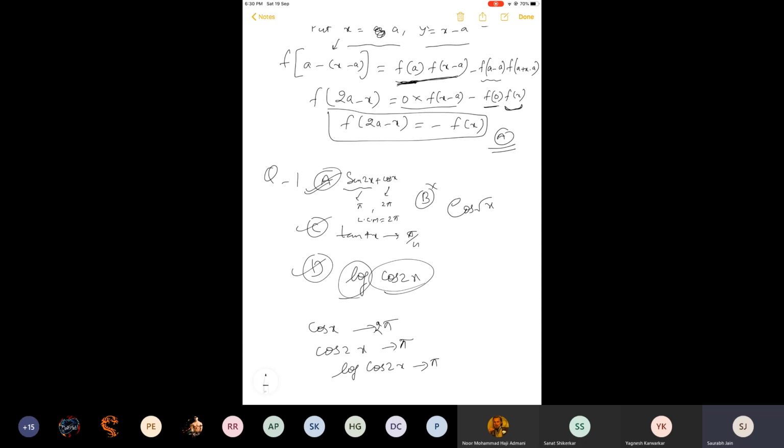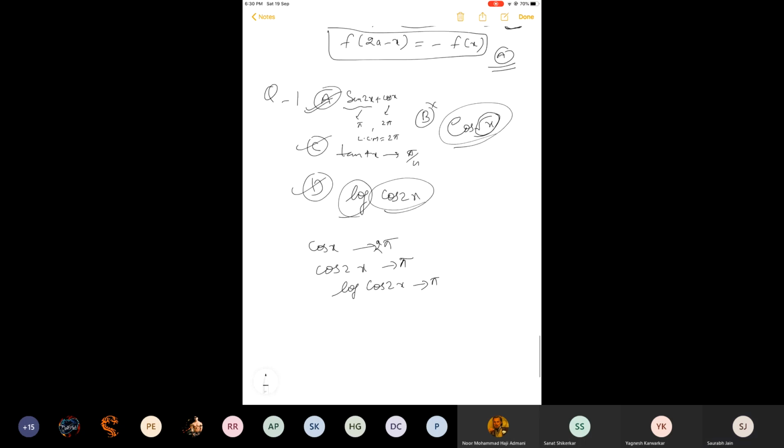Since three of them are periodic, obviously B is remaining, so that will be non-periodic. And it is because of this thing: this under root of x. Under root cos x is periodic. Cos root x is not periodic. Why? Because if this is f(x), you replace x by x plus 2 pi. You put x plus 2 pi in place of x, so cos of 360 plus x will be cos x. But if you do it here, it won't come the same.